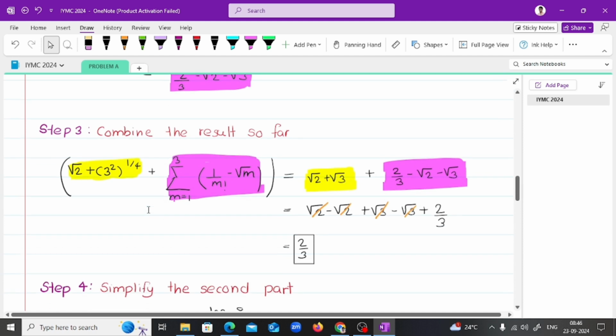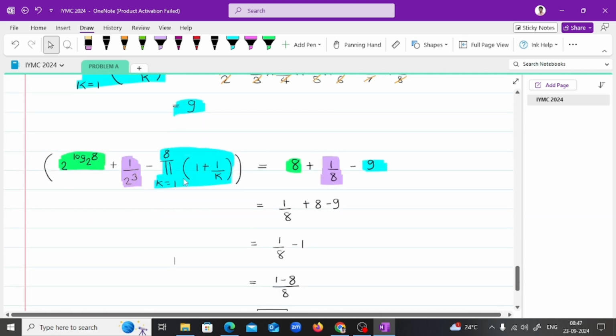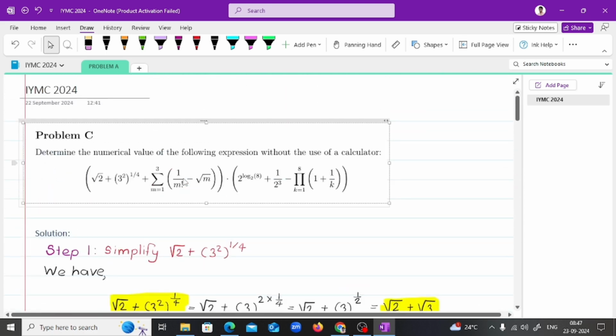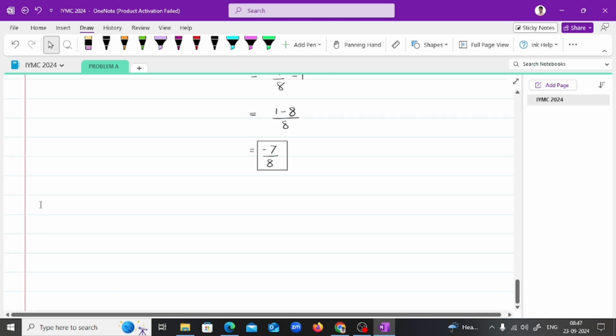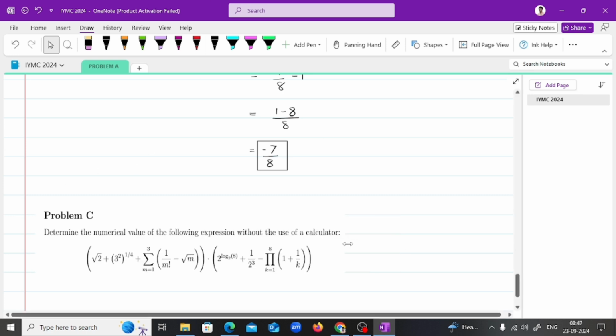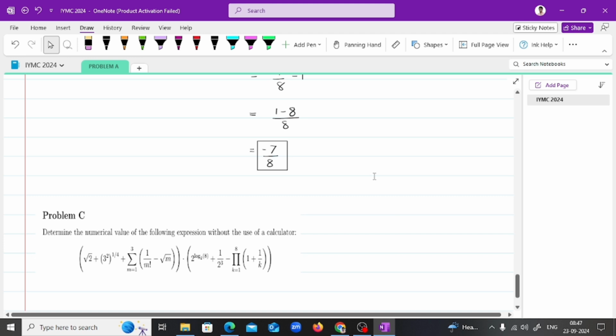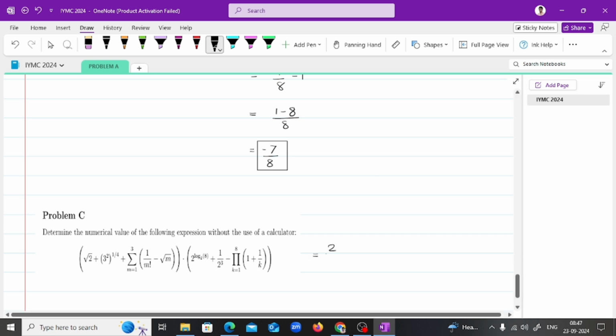2 upon 3 is the value of the first bracket. So now the only task remaining is that we have to multiply these two values to find the numerical value of the complete expression without the use of a calculator. Okay, so I will write down this complete expression once again. So the value of the first bracket is what? 2 upon 3. So it is equal to 2 upon 3 into